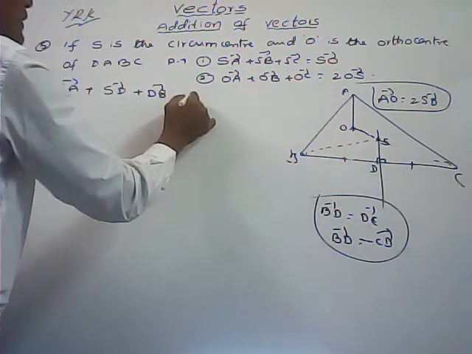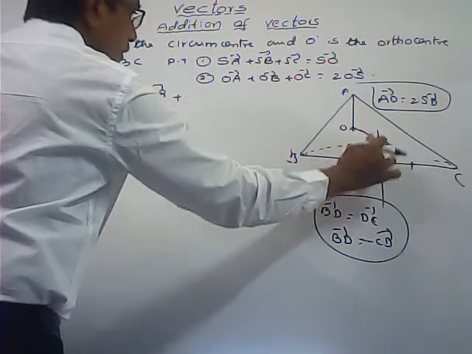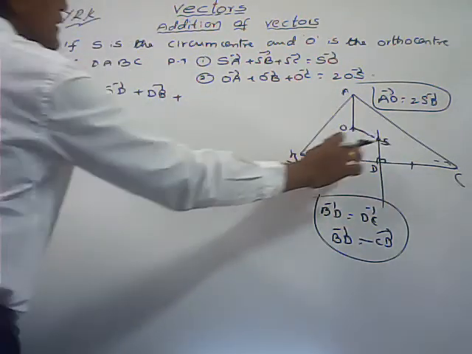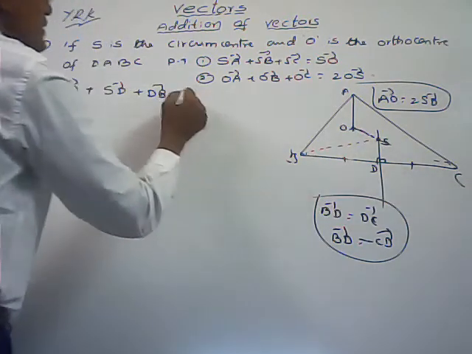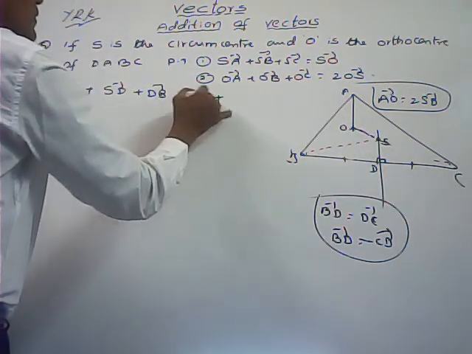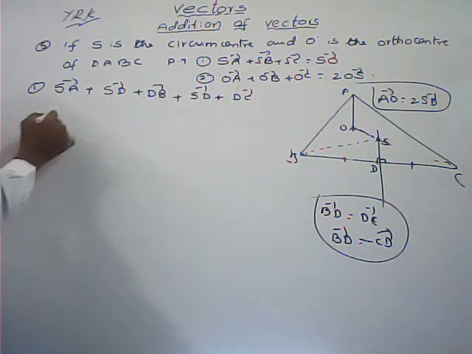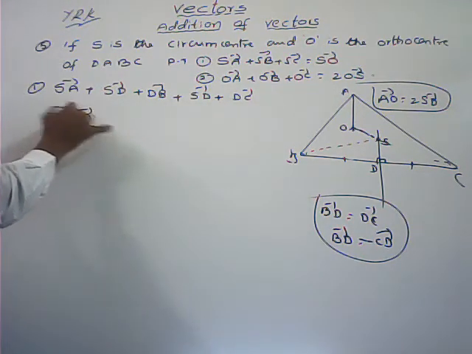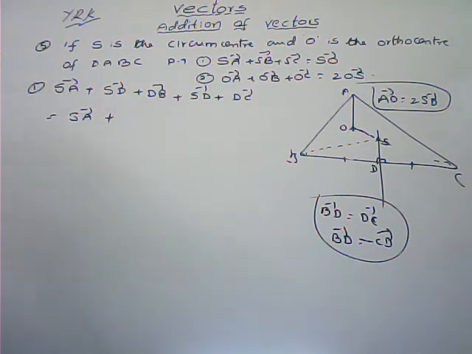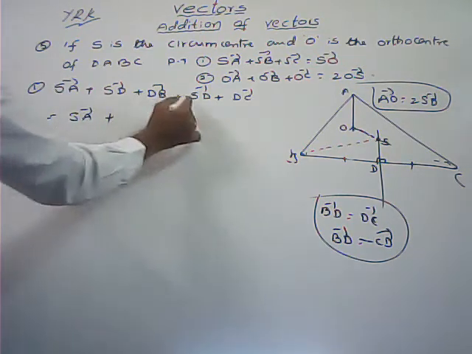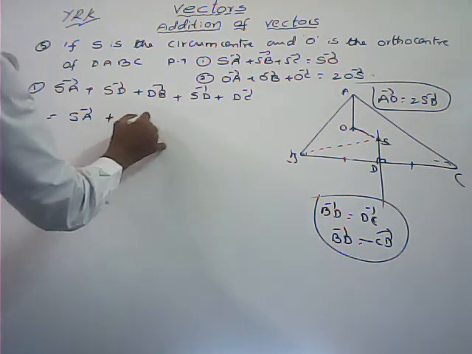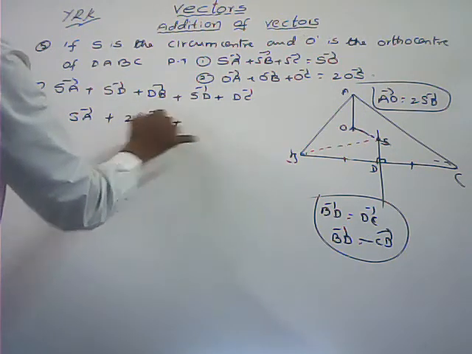Here I am applying the triangle law of addition only. Here I am taking triangle SDC. SC bar is equal to SD bar plus DC bar. That implies it is equal to SA bar plus, now here you can see SD bar plus SD bar, that is 2 SD bar plus